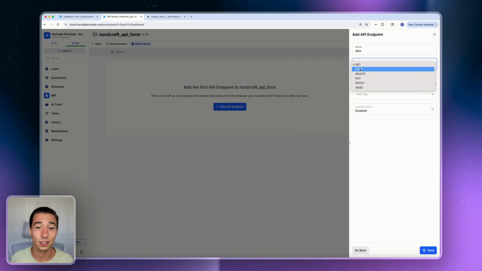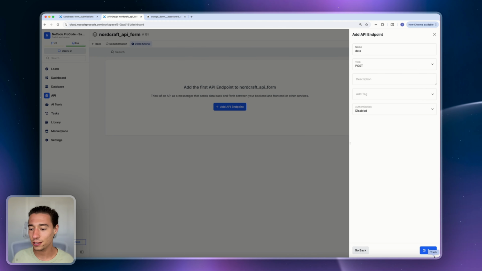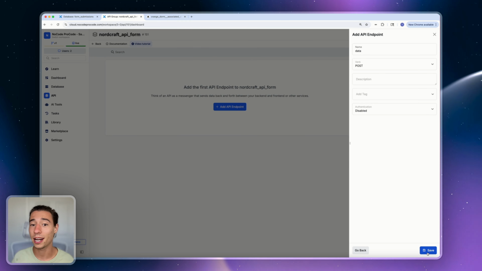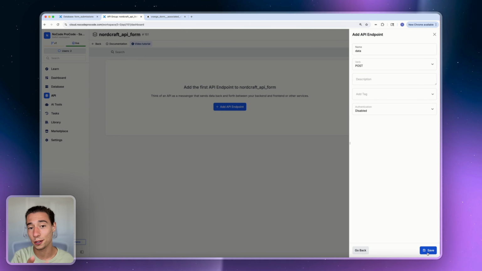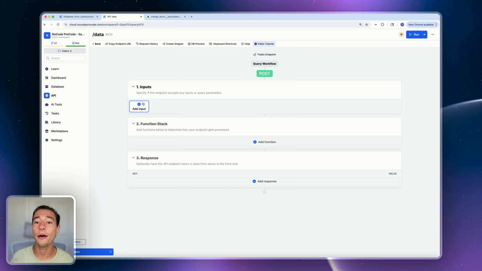So for this, because it's a form request, we'll do a post, and we'll just leave authentication out. I do have videos on authentication though. I would highly suggest you Google for them or YouTube for them. Let's go on save. And now we have this API builder, and now this is where Xano is different than